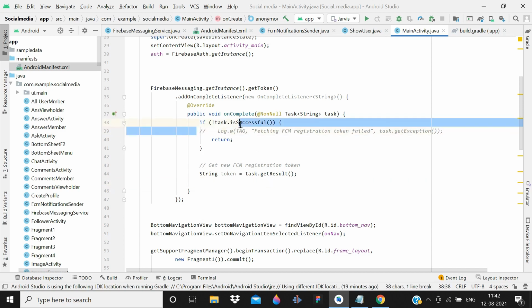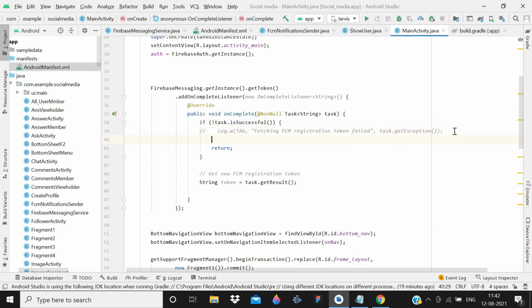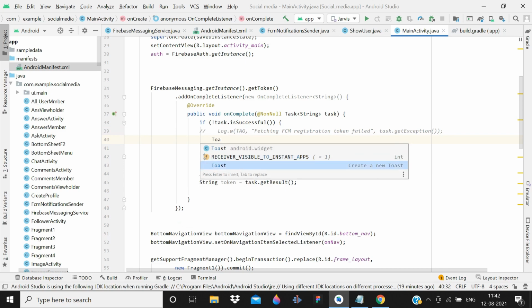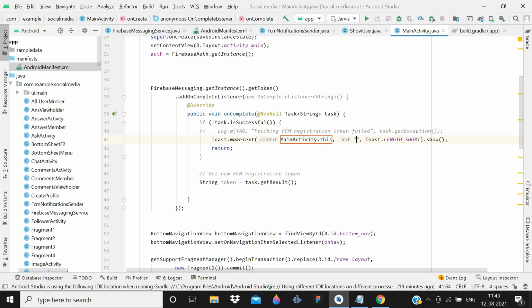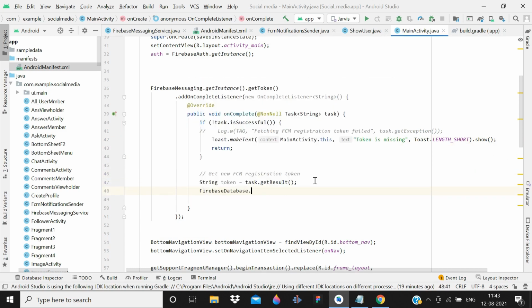So here what you can do is, in case the token is not achieved by the app, you can show a toast message that the token is missing, understand? And if the token is received successfully, so what we will do, we will simply write FirebaseDatabase dot getInstance dot getReference, and that is going to be